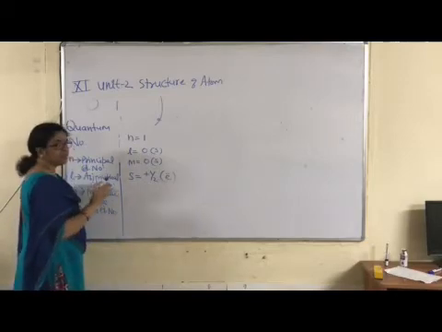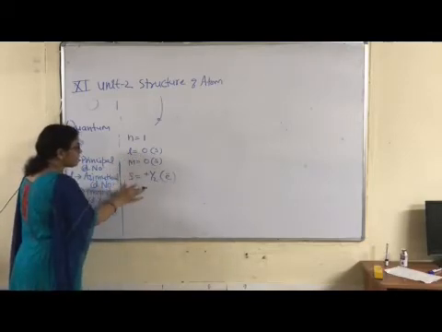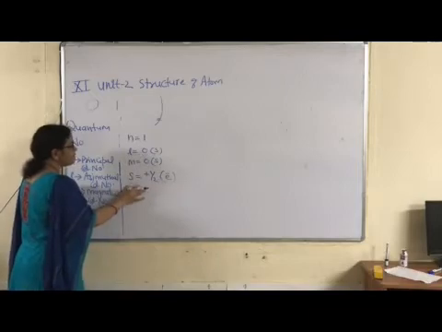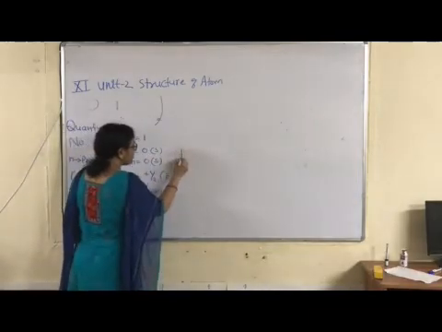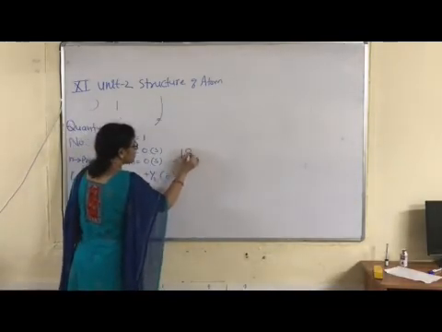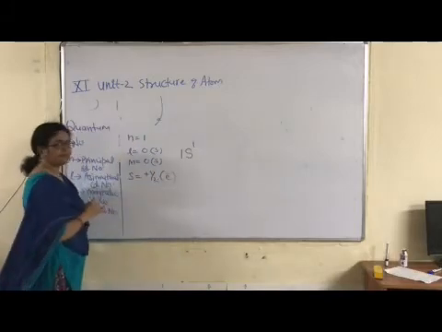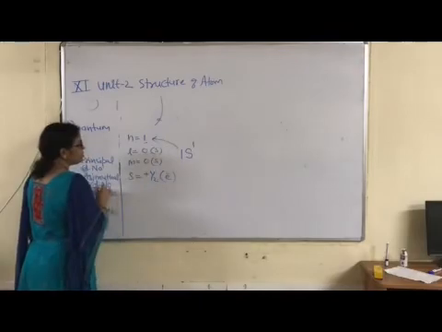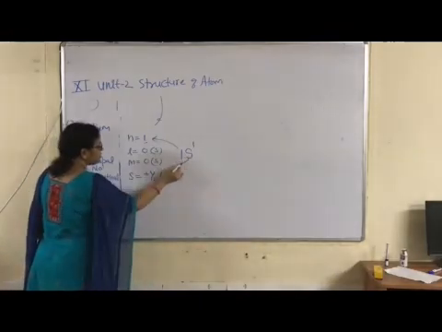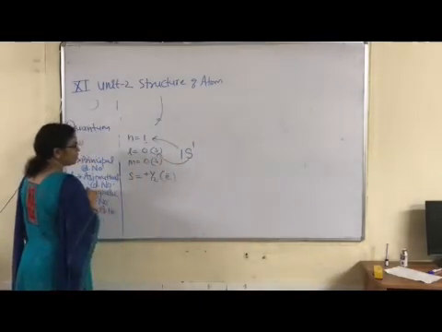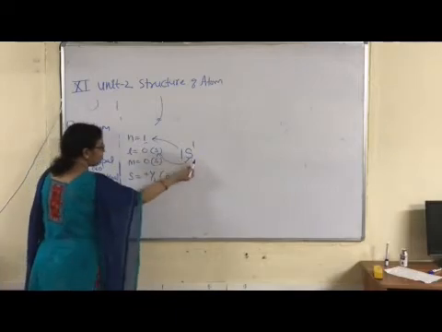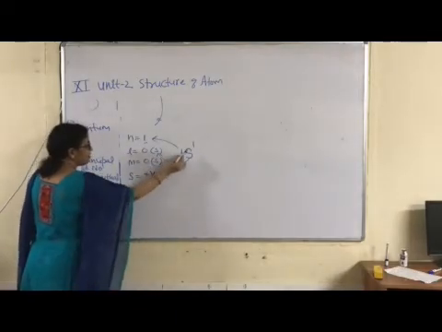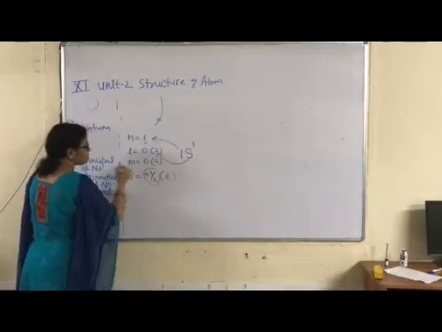Then what is subshell notation for this set of quantum numbers? Possible subshell is 1s1. 1 is written for this value, this is principal quantum number, and this s is for this value of secondary quantum number, and only one orbital is present, right? And this 1 is written for number of electron.